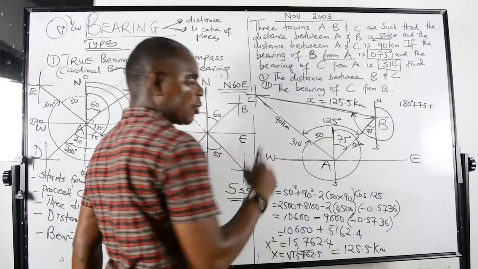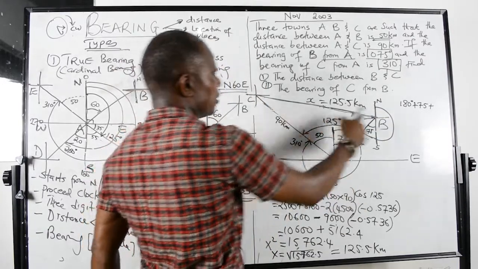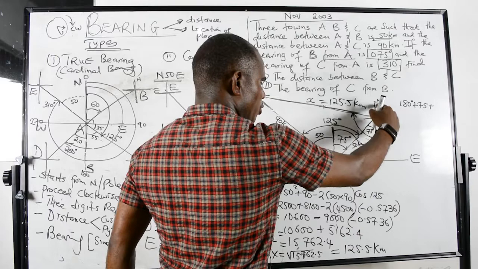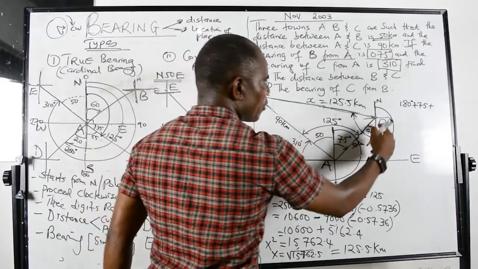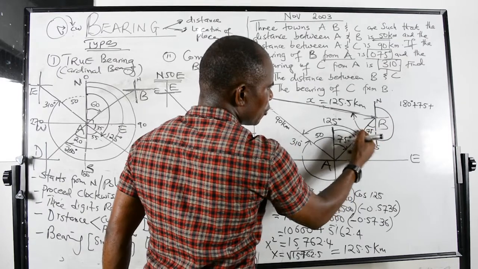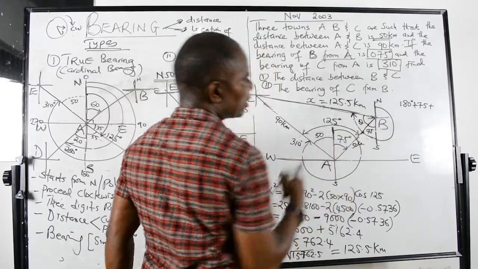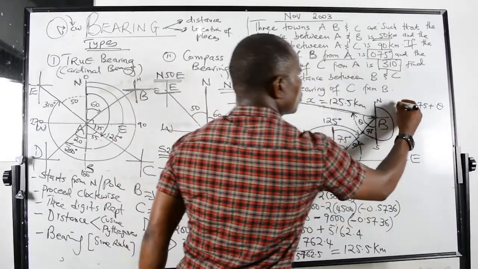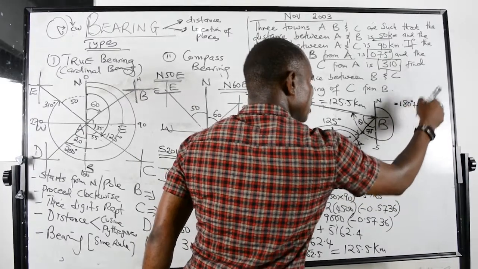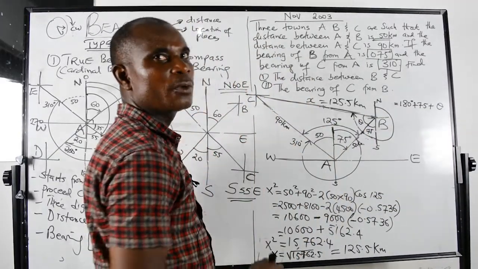Yes, so I'm not done with the bearing because I'm finding the bearing of C from B. So I should move from the North Pole and go clockwise until I touch the line going to C. So now I've gone up to this point. So I need to go further. So I need to find this angle. This is a small angle I need to find. That's it here, theta. So when I find that angle, I add it to this. So this gives me the total bearing. So I need to find that theta there. That theta is an unknown angle which I have to find.